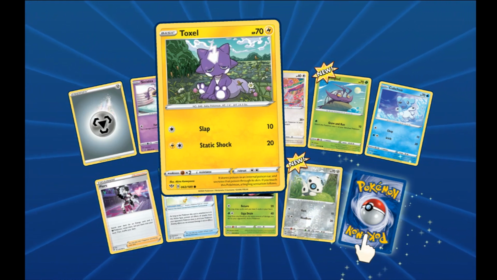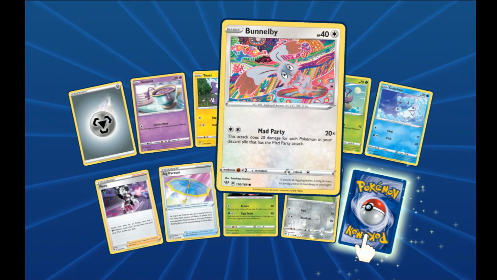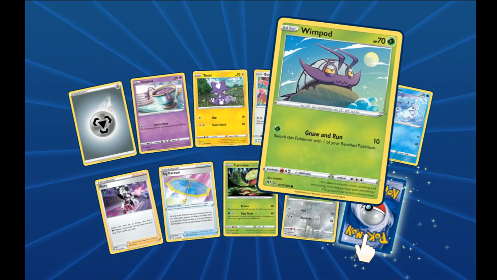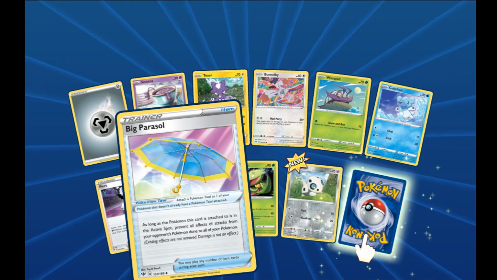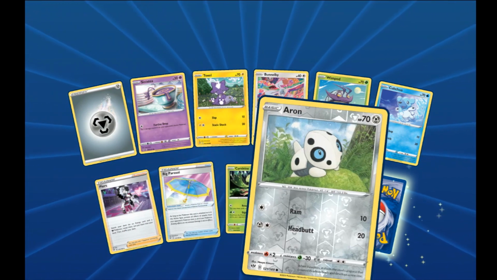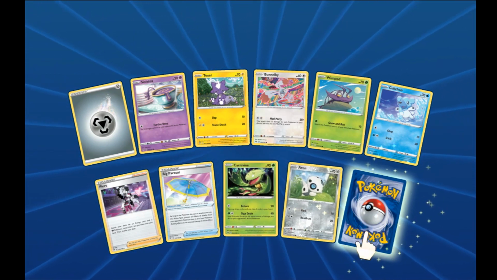Toxel in what seems to be a marsh. Ooh, we got our very angry Bunnelby in the very unique art background. Wimpod on a rock in the ocean. Cubchoo in the ice. Piers. Big Parasol, it's so big. A Carnivine in the forest. An Aron hanging out on the mossy rock reverse. And for the rare of the pack,